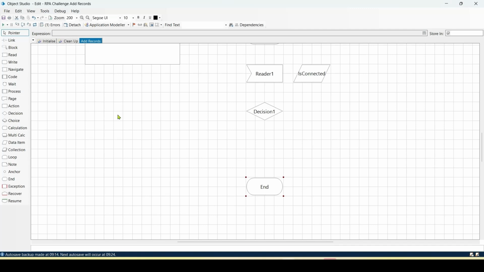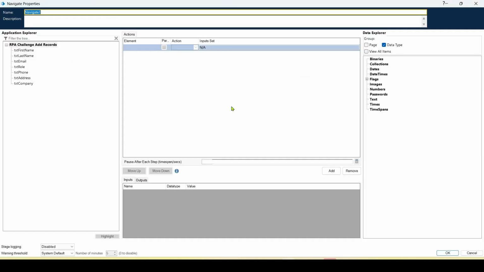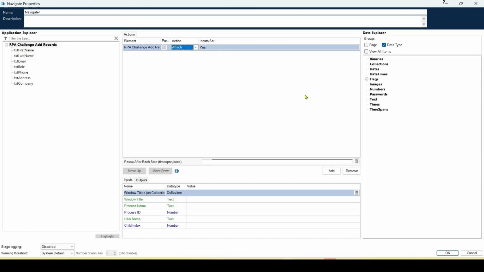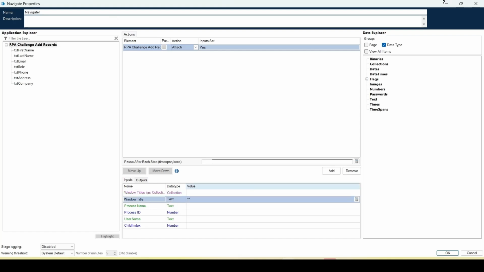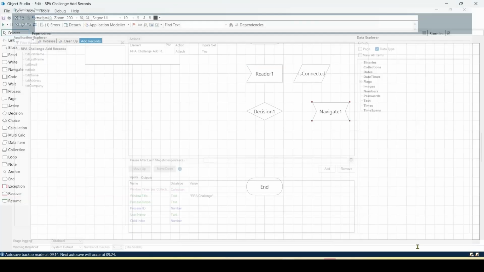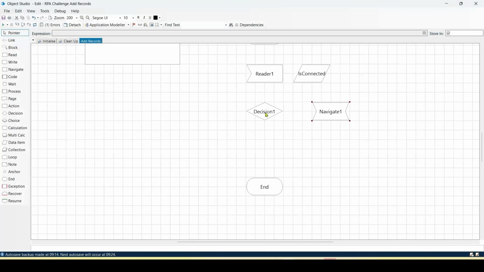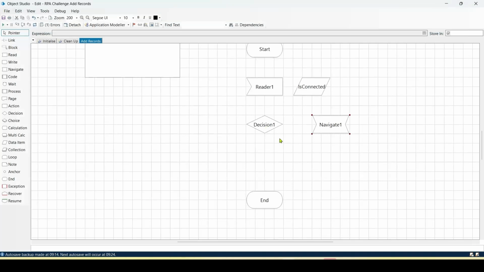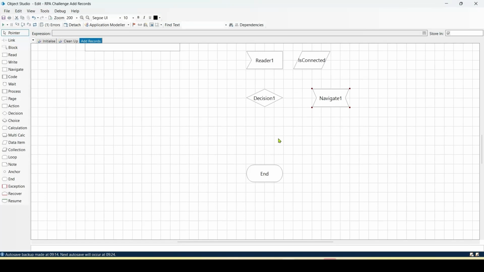So if it's not connected, then we need to use a navigate stage and again take the root level element and attach to it. Let's take the window title that we took earlier as RPA challenge. Click OK. On the other hand, if it's a yes, it should continue, and this time we want to